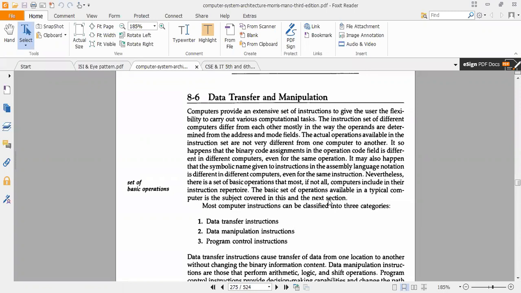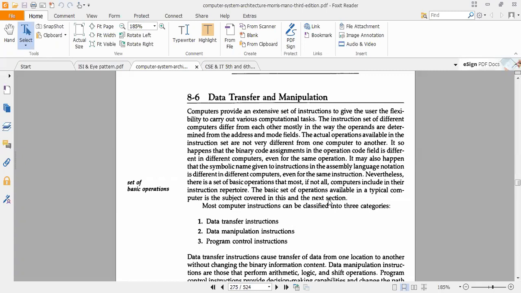When the addition is done, temporarily the result may be placed in the accumulator, and after that, if you want to store it for some future application, you have to transfer the result from the accumulator to a particular memory location. So these are nothing more than the data transfer instructions in programs.